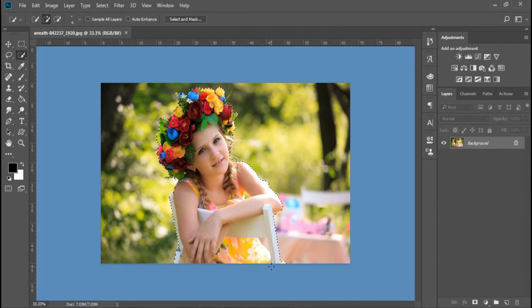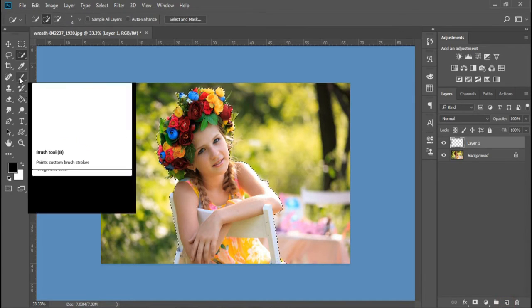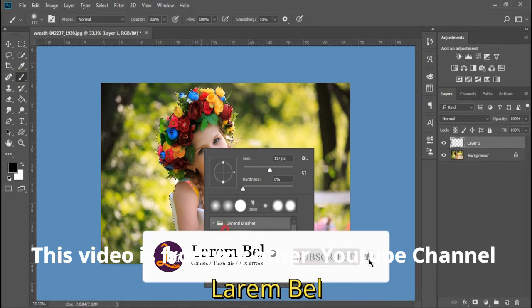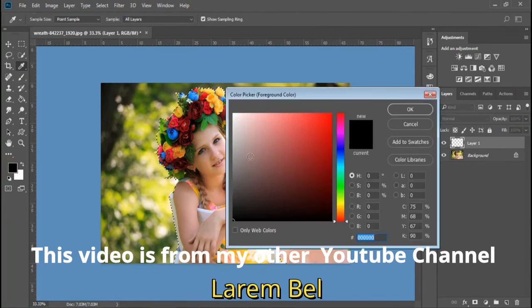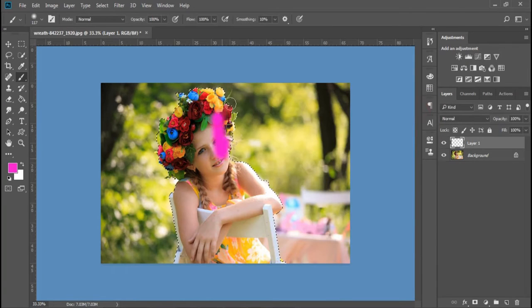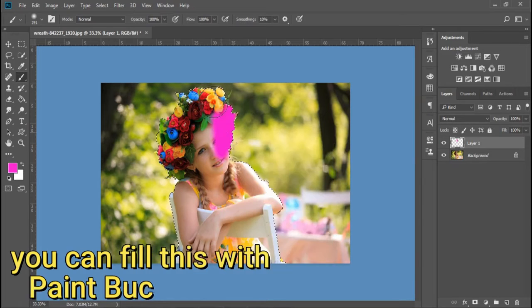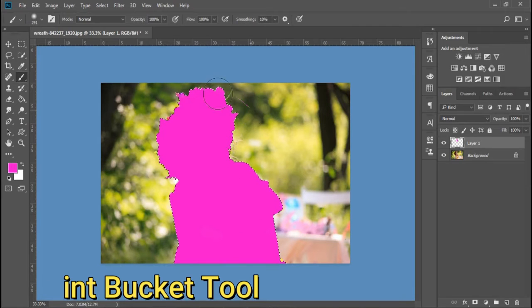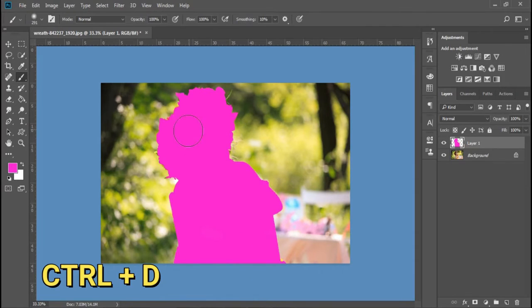Okay, so cool. Now create a new layer here and go to the brush and just select any brush you want, it doesn't matter, and change the color to any color also. Let's make it pink and let's color all of this. Okay, make it a little bit bigger. Okay, we'll select all this, Ctrl D to deselect,